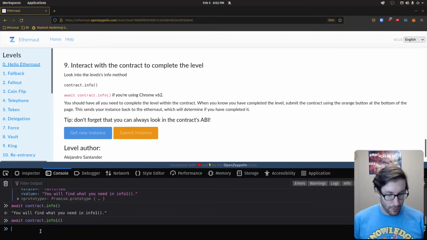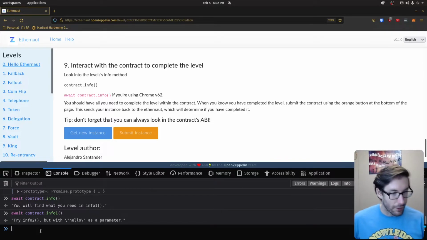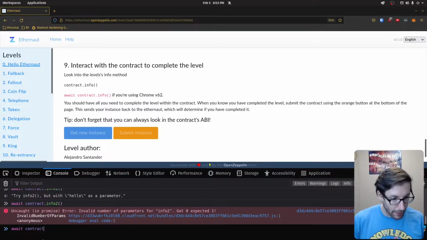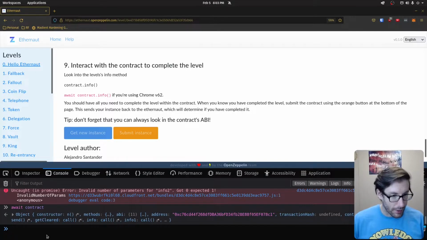So it says, okay, do info1. So we're going to do info1. All right, it says now do info2. But if we do info2 without anything, you're going to see you're getting an error. The reason you got an error is because there's a parameter it's seeking. And the reason that we know this is, first, the error is saying you gave us 0 and we expected 1. But also, in addition to that, if we go back to our await contract and we open this up and we look back at our ABI